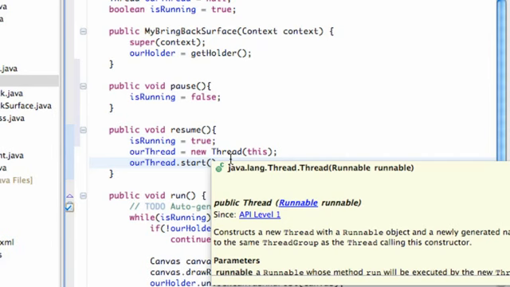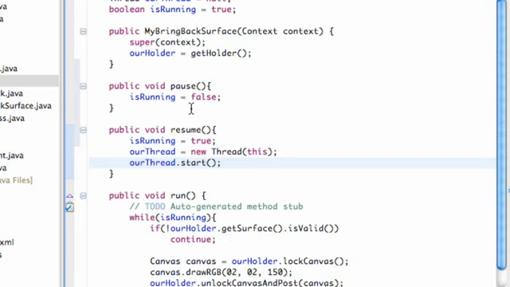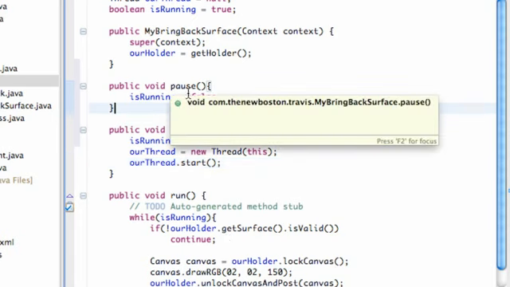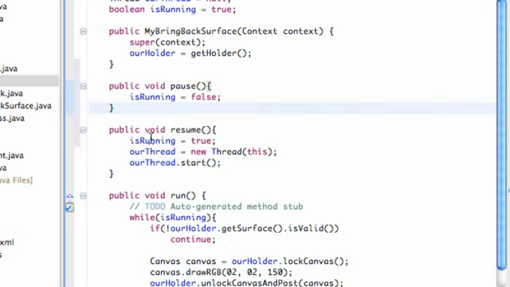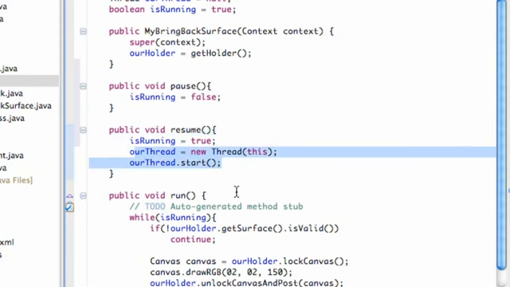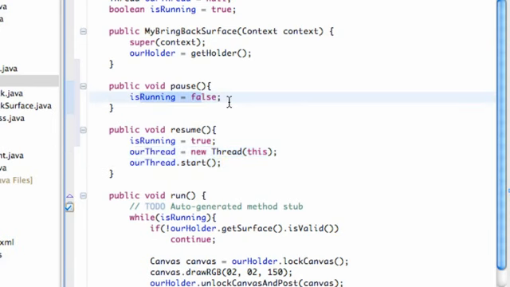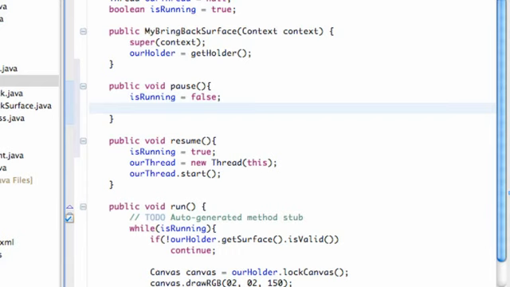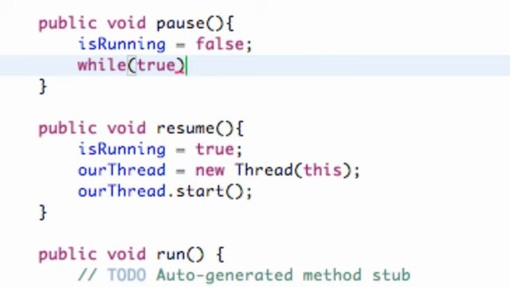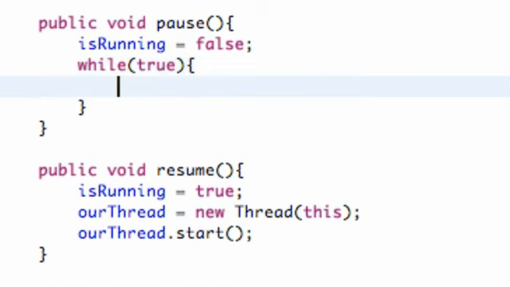Now the only other thing we want our onPause to do is basically destroy our thread. We're going to have it stop running, and because when our onResume happens, it's going to create a new thread for us. So within this onPause, we're just going to destroy the currently running thread, and we're going to create a while loop, and we're just going to say true. So this is definitely going to be true. And what we need to do is set up our thread, which is called our thread,